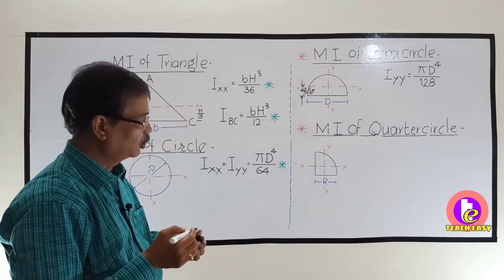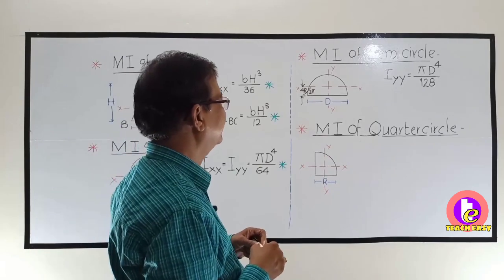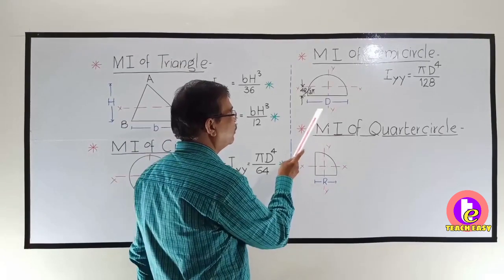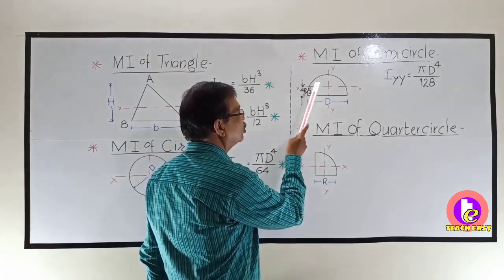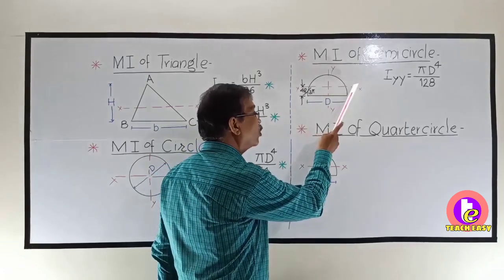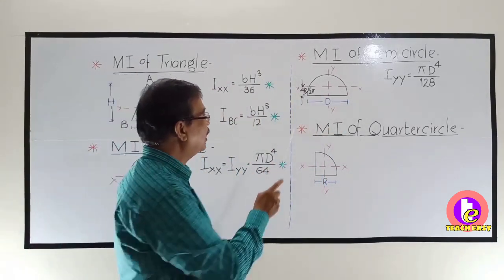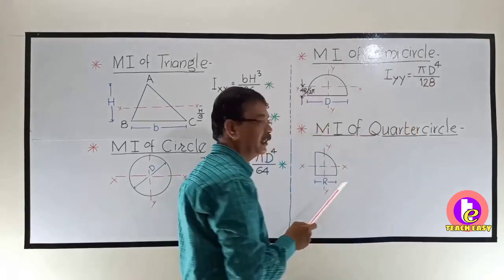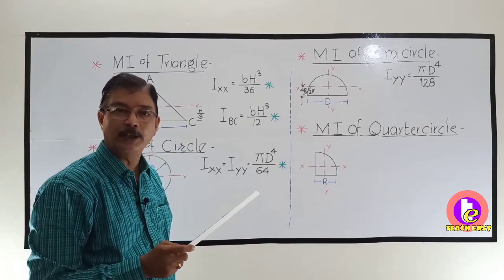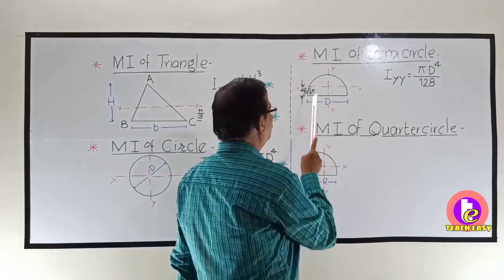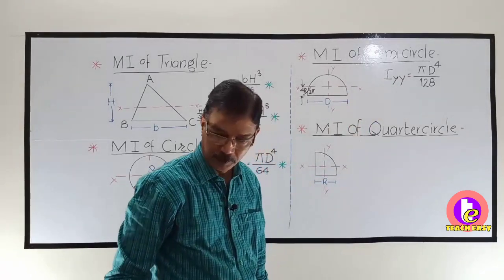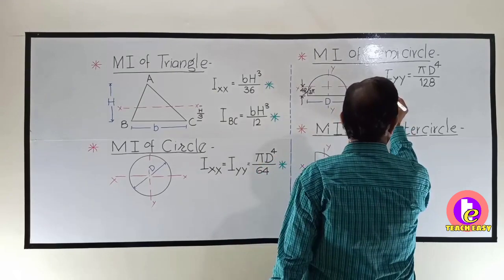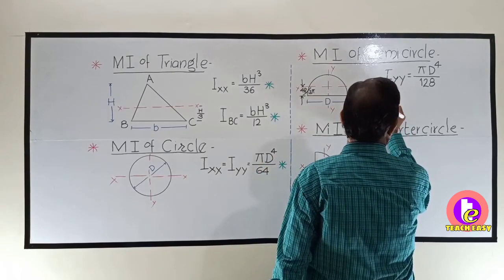So this is r. So using the parallel axis theorem, what will it be? Look here. You cannot shift moment of inertia from this to this, but you can shift from the centroid to another parallel axis. Here Ixx will be I about base, that is pi d raised to 4 by 128 plus area, that is pi r square by 2 into (4r upon 3 pi) square. And if you simplify it, you will get the value of Ixx